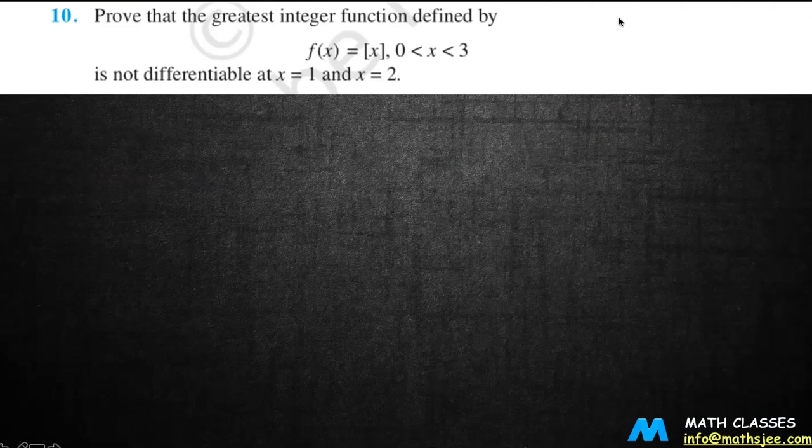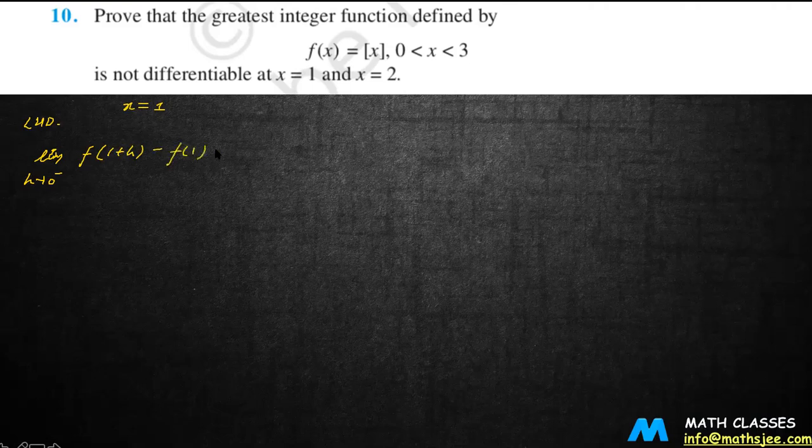Which we have just now covered, right? So I'll directly write down the left hand derivative and the right hand derivative of this. For the left hand derivative, we have limit h tends to 0 minus, because we are approaching from the left hand side, f of, so let us try to check at x equal to 1, right? f of 1 plus h